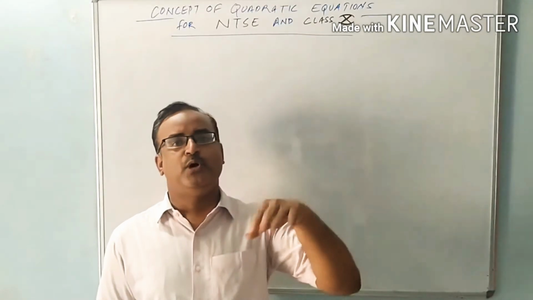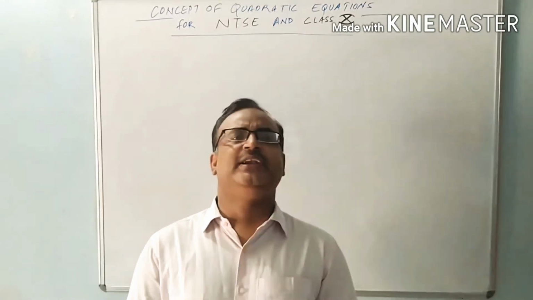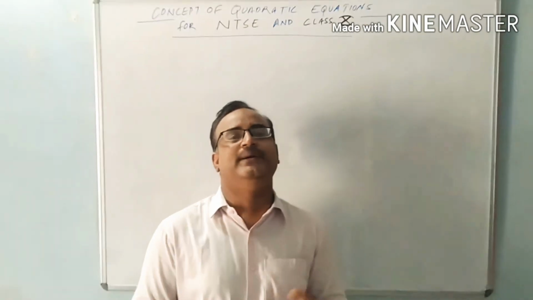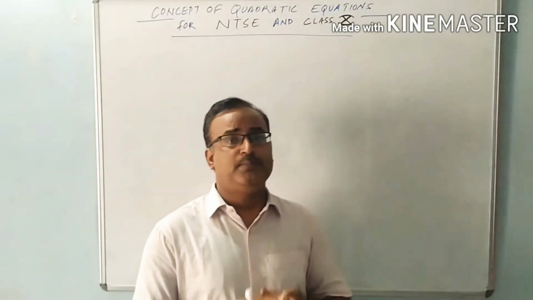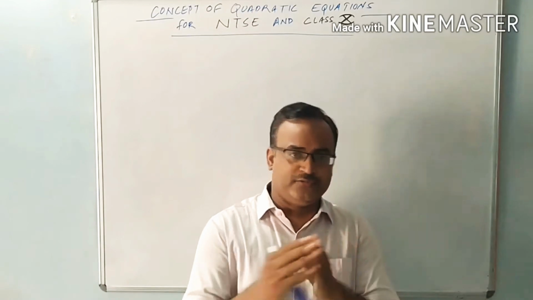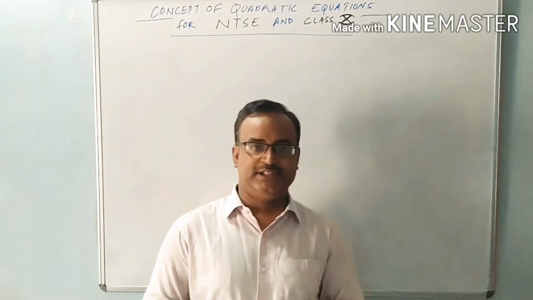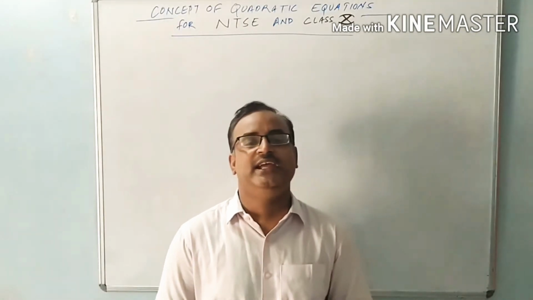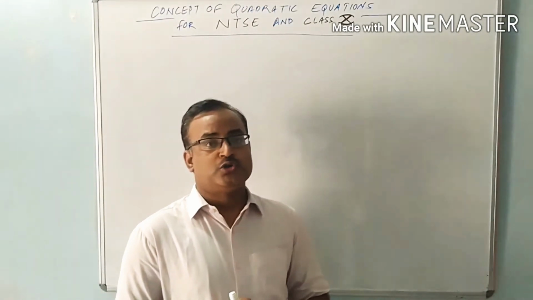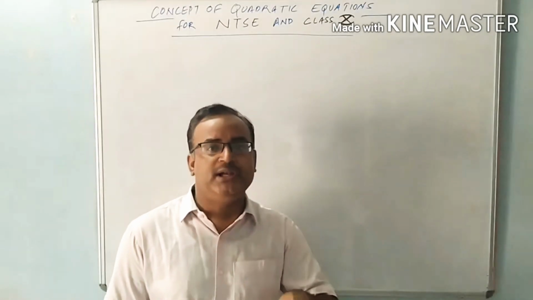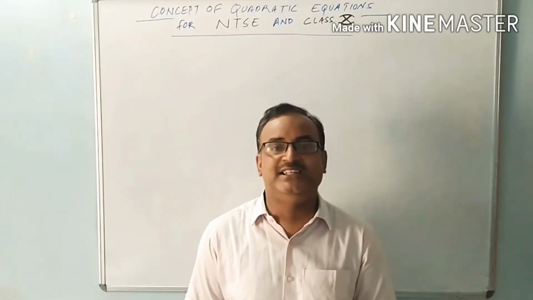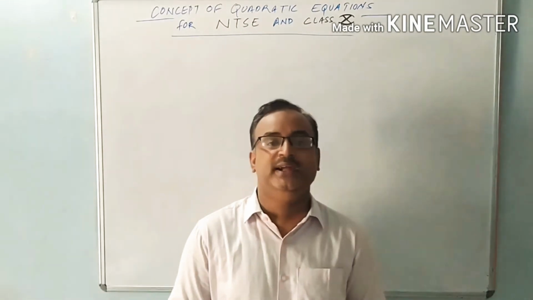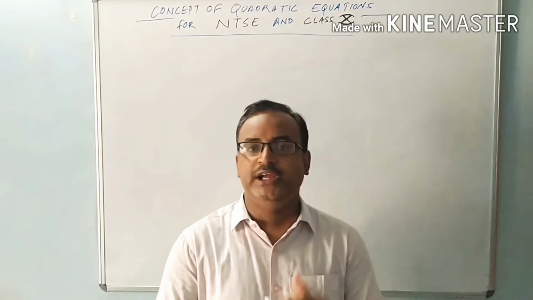And then we know the polynomials. There is a difference between algebraic identities and polynomials, but the students don't know what the difference between them is. The powers of the variable should be non-negative integers. If the power of the variable is a non-negative integer, then only we can say it is a polynomial. So we can say every polynomial is an algebraic expression, but every algebraic expression is not a polynomial, because the power of the variable should be non-negative integers. I think you know integers.